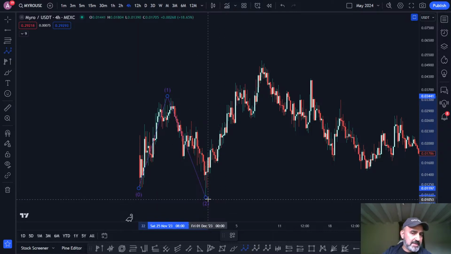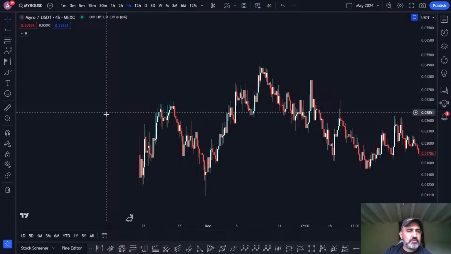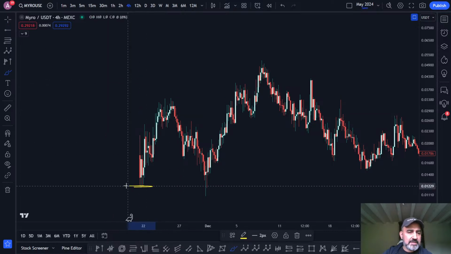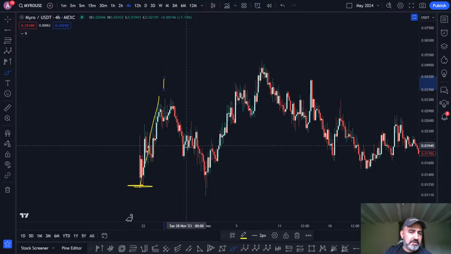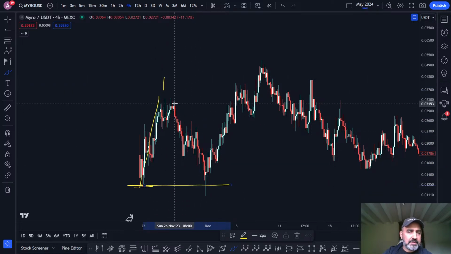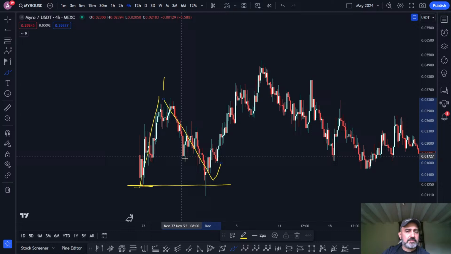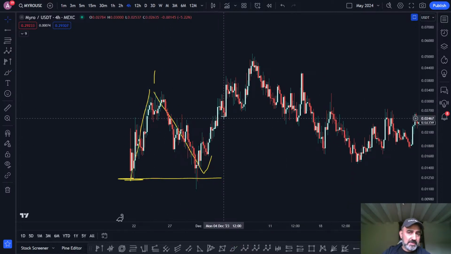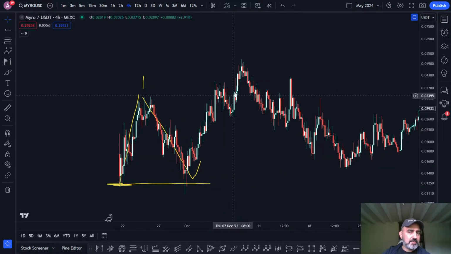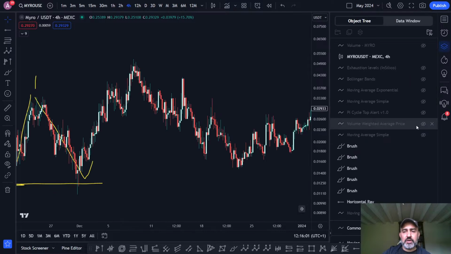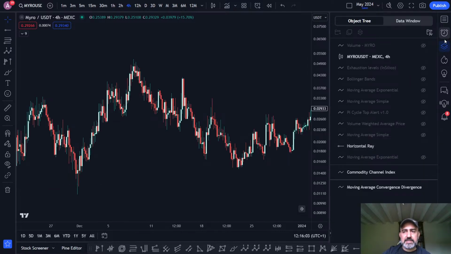You see the wave 2 comes all the way down to here. So the first rule that's important is that if that's the starting point and that's your wave 1, then wave 2 can't come underneath the starting point. Yeah, it can come higher, but it can't come underneath. So that's really important. That resets the count. That invalidates this whole idea of this being a wave 1. Maybe this is the wave 1, that could happen, but this is not the wave 1, because the price has moved underneath the starting point.